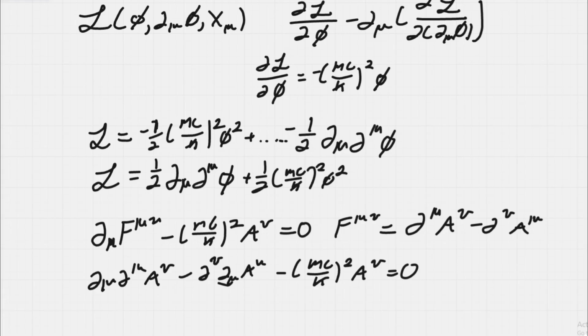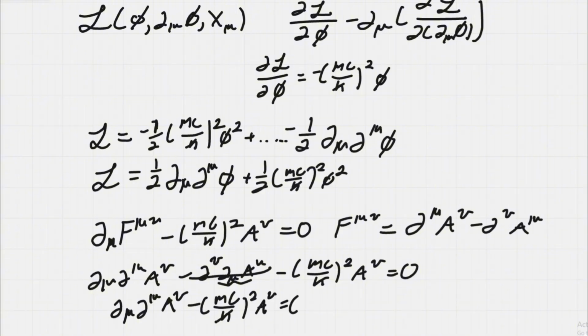So if we look at this expression here, this first tensor is symmetric, and the second tensor is antisymmetric. The only thing that can come from acting a symmetric tensor onto an antisymmetric tensor is 0. So this just reduces to d mu d mu a nu minus mc over h bar squared a nu equals 0, which looks exactly like the form of the